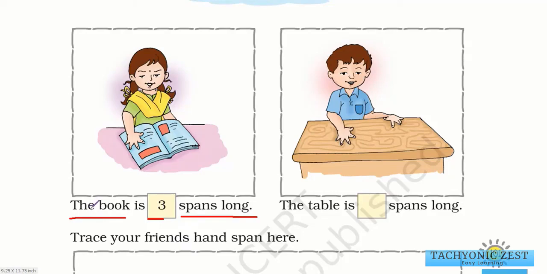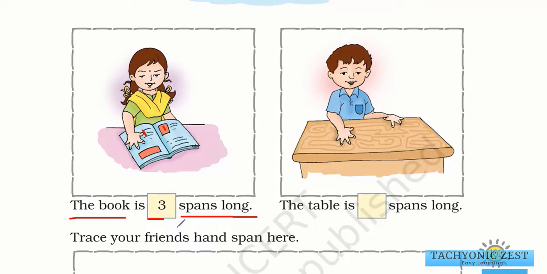Okay, so she says that after placing her hand on the book, you can also try it, place your hand on the book. Now see how many spans that book is. So this book is 3 spans long, means she is doing it thrice. Once she keeps her little finger here and thumb finger here, then she marks it, then again she puts her little finger here and the thumb finger will come somewhere here, and then again she puts her little finger here and thumb finger here. That is how she's saying that this book is 3 spans long.